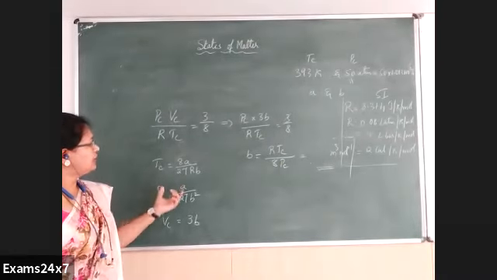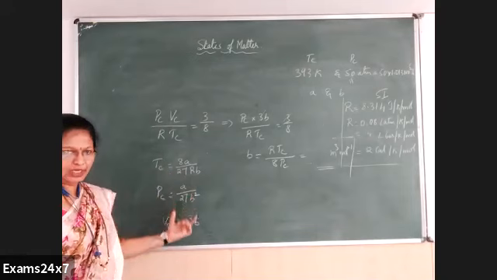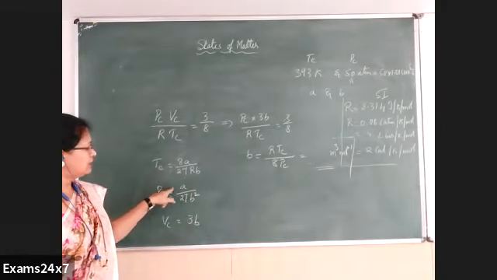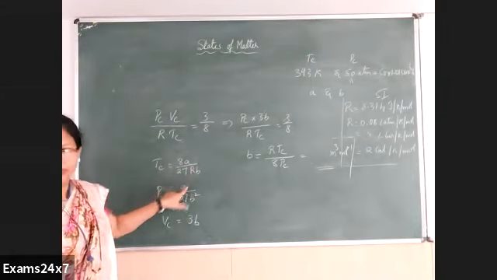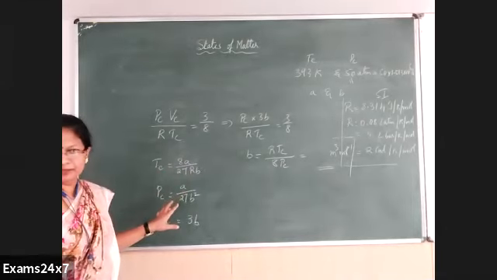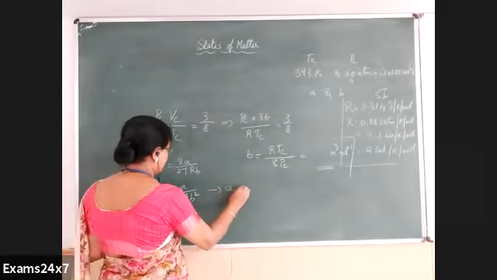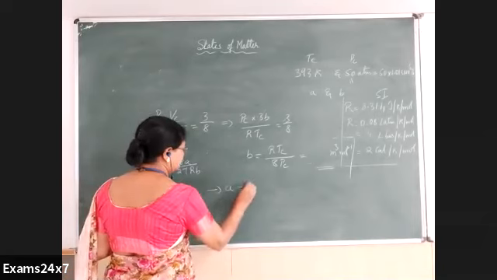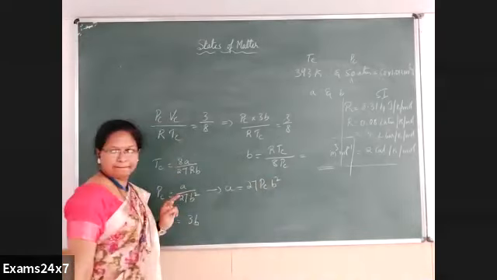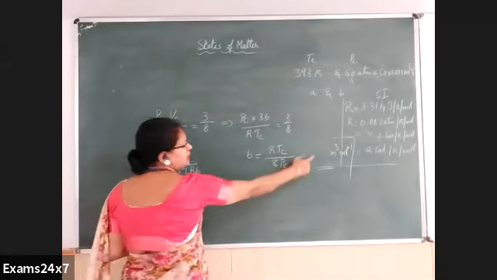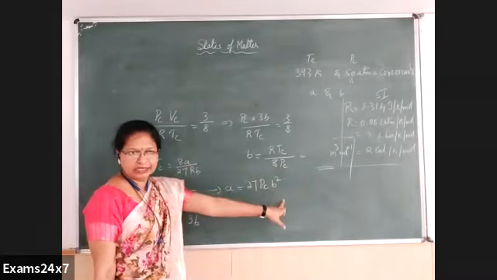Then, how do you find the value of A? You can use any of these relations. To find A, we can use these two relations where there is a B and A relation. Which is better? This has another term R. So PC is better because it has only A and B terms. Take this relation from here. Keep A on one side. A will be equal to 27 times PC into B square. Once you get the value of B, you can directly apply it here.